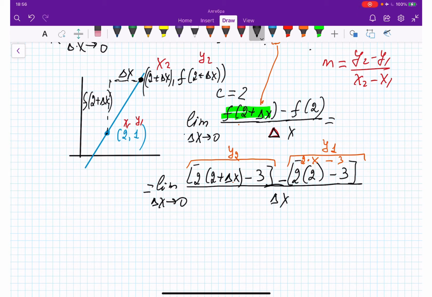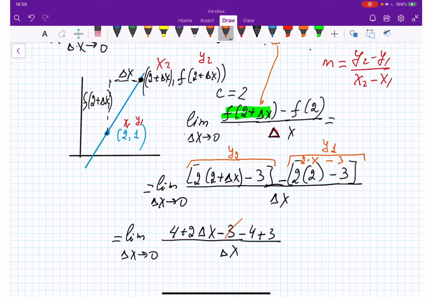Okay, so from here, limit delta x approaches 0. We are getting 4 plus 2 delta x. I'm doing algebra here. Minus 4 plus 3, divided by delta x. This is gone with this. And I am getting, what else? This is gone with this. And I am getting